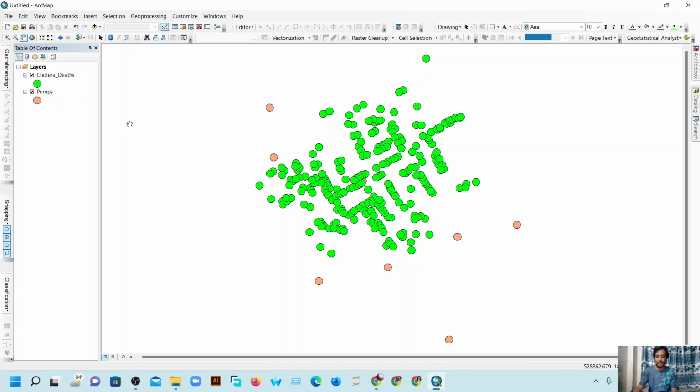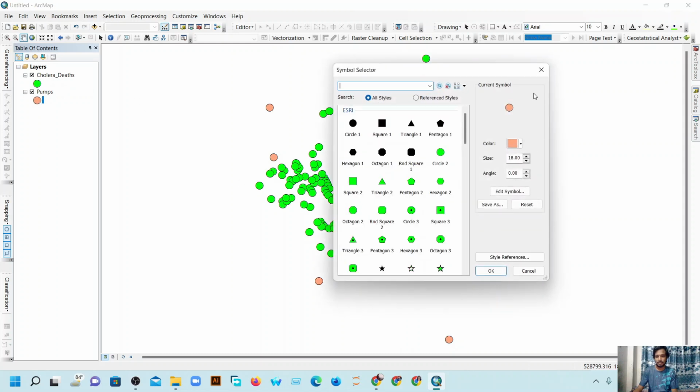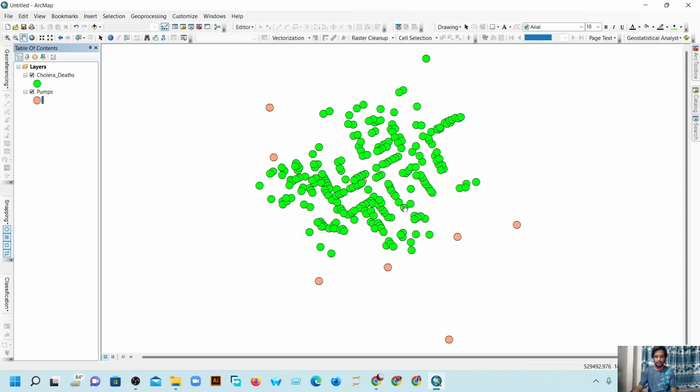Before starting any work, we need to change the symbology of points for better understanding. As we changed the symbology previously, we cannot do that again. So for pump, we can use a different symbol. According to our experience of previous tasks, we can say that the IDW interpolation technique can give us more clue here. So in the search option,